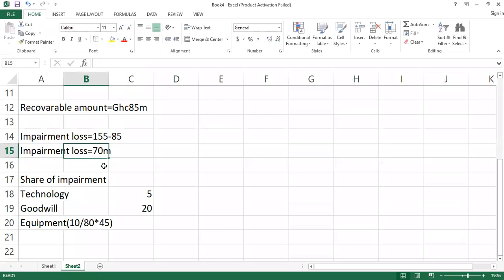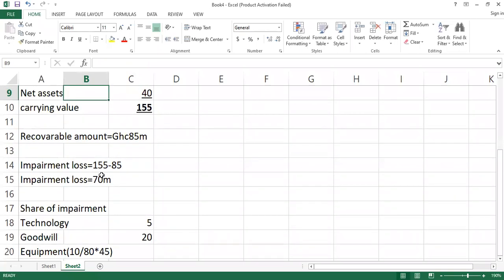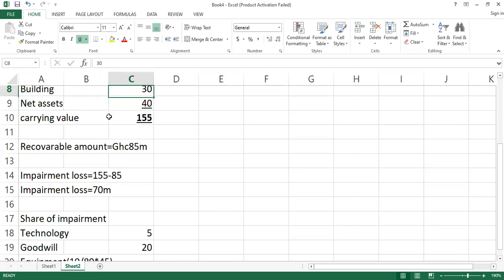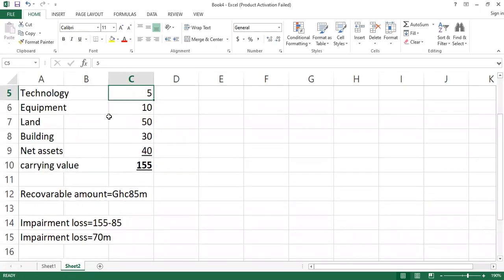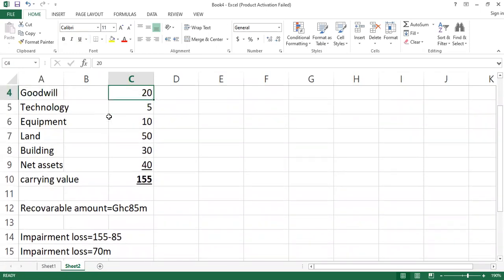I'm saying that the remaining portion of the impairment loss was 70 million, isn't it? The impairment loss was 70 million. Are you there? I'm here. Technology took 5, isn't it? Goodwill took 5. So that means 20. From that 70, there will be a portion remaining again. That will be 45. This 45 will be shared among the remaining non-current assets, which is